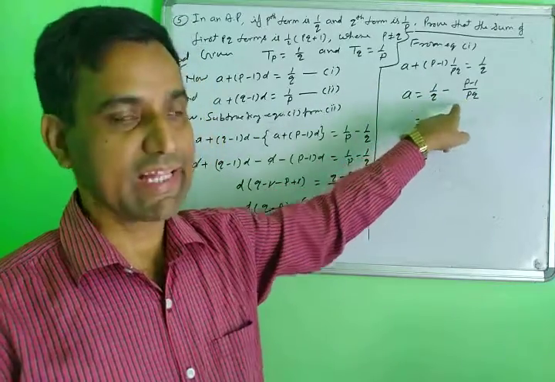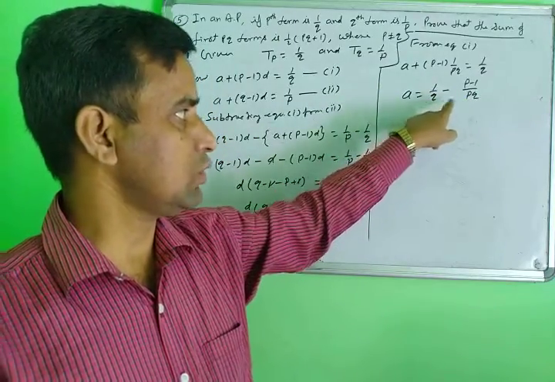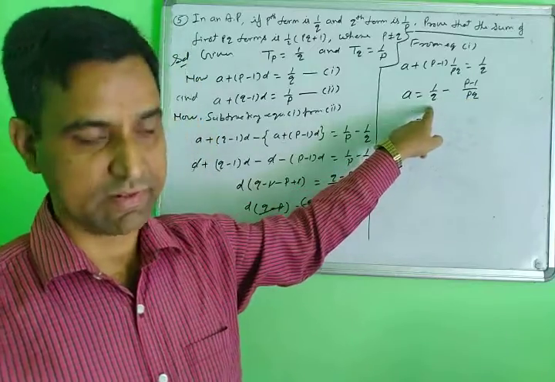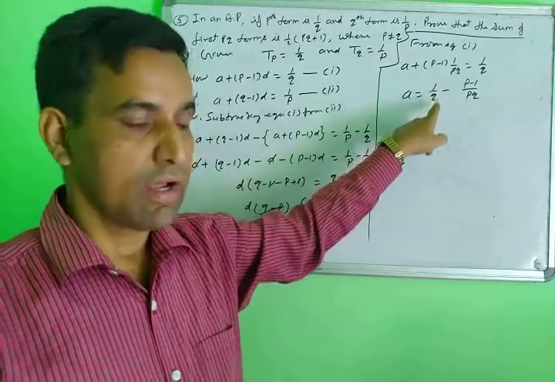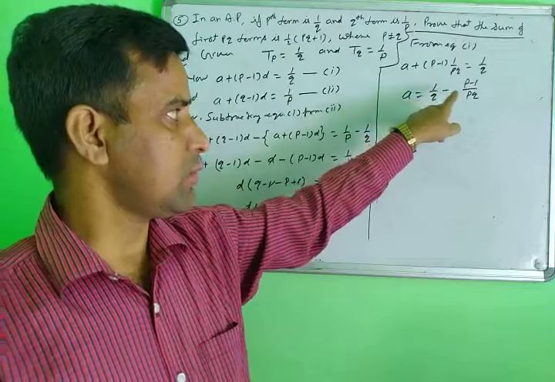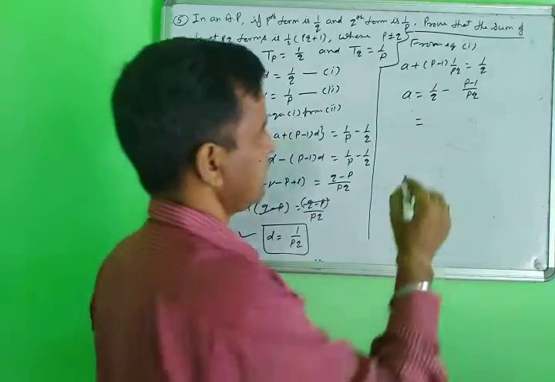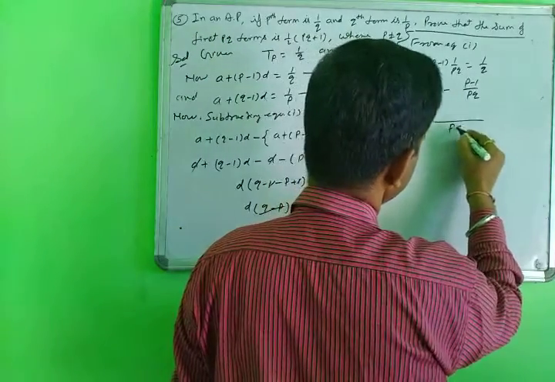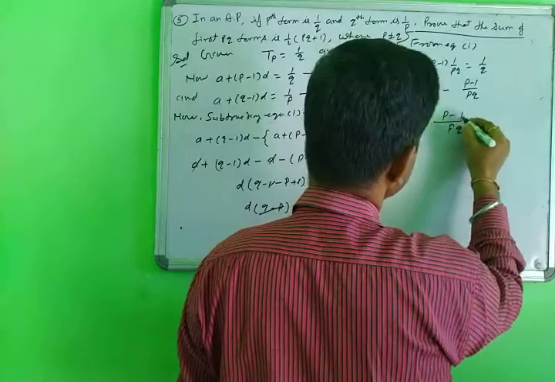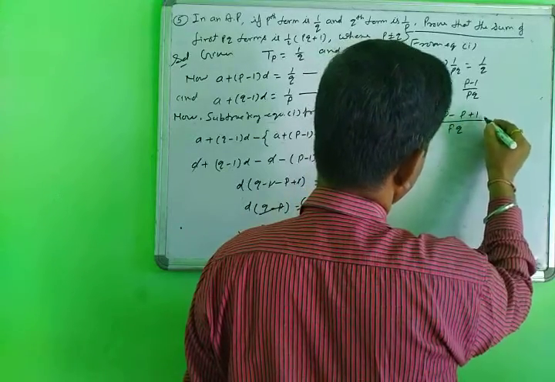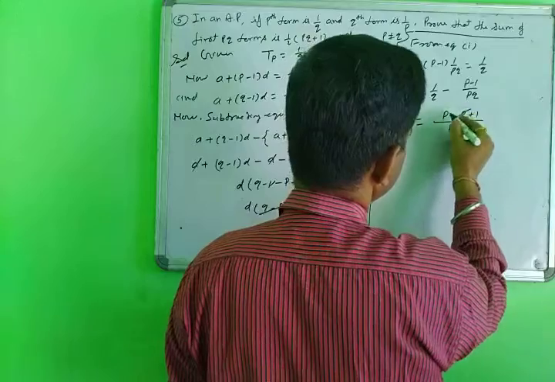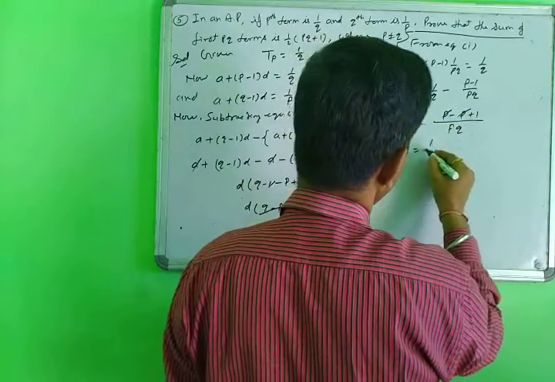After that you take the LCM. What is the LCM here? q and pq, so p is missing. You multiply numerator and denominator both by p, then you get the common LCM pq. So p minus p plus 1. This p is also cancelled. What is left here? 1 upon pq.